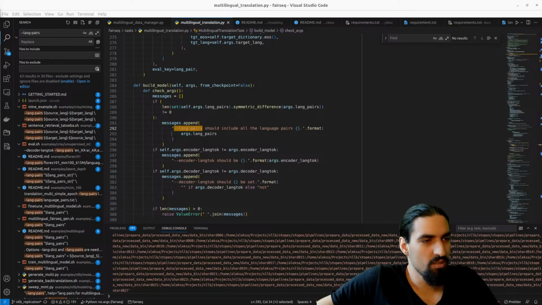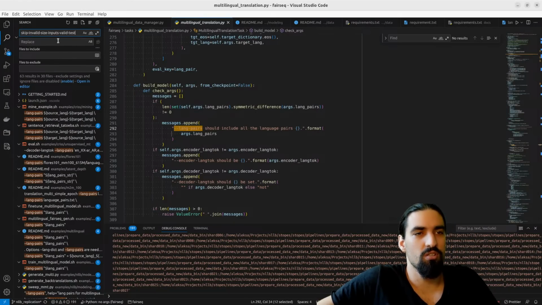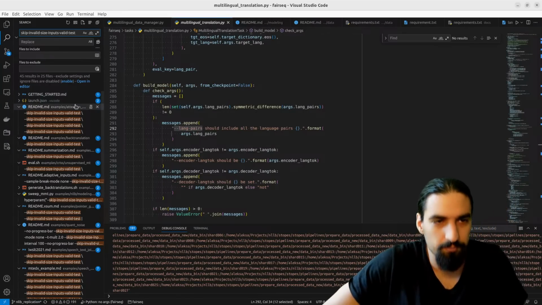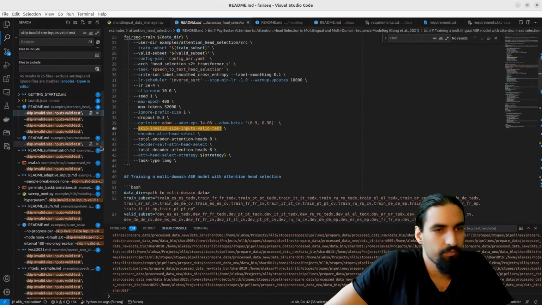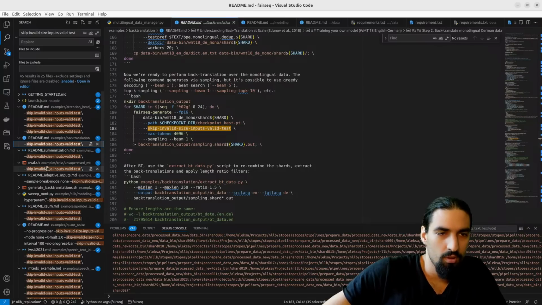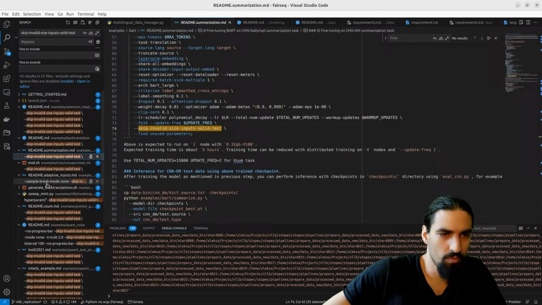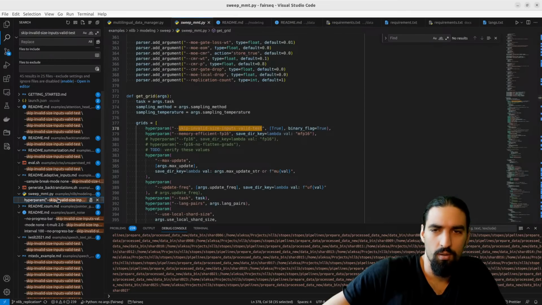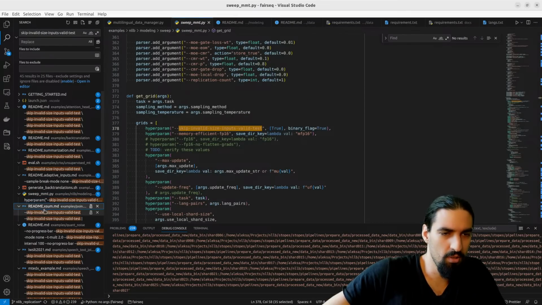Okay, let's see, skip invalid size inputs. What's this argument about? Let's see it. Okay. We don't see any mention of how it's used. No mention of what it means.